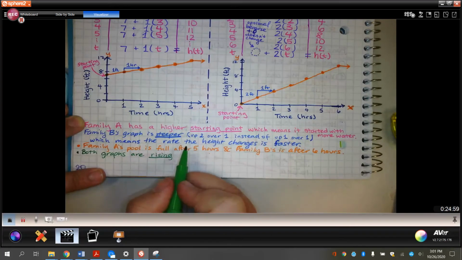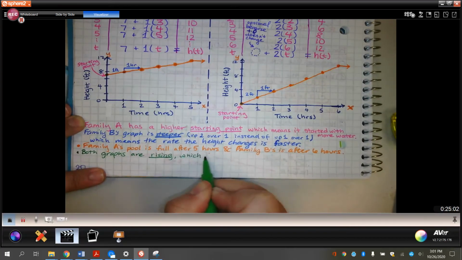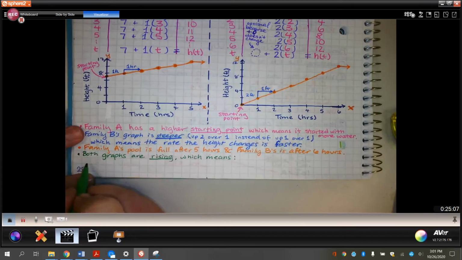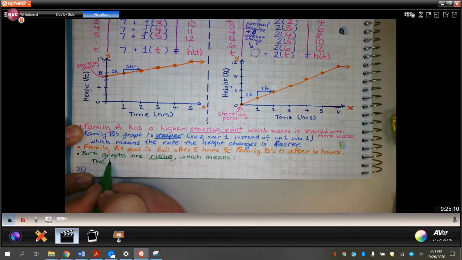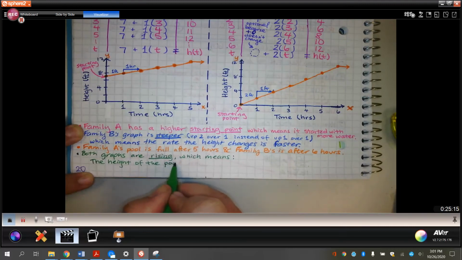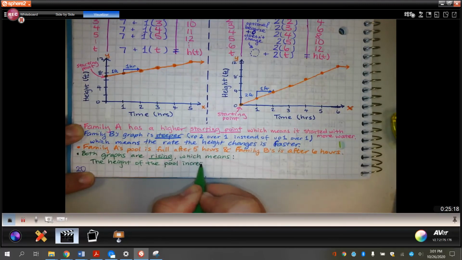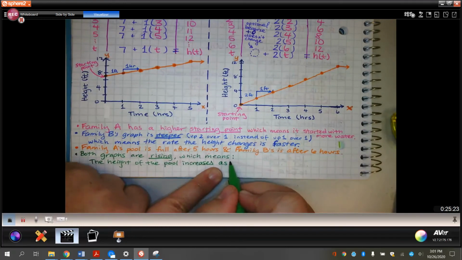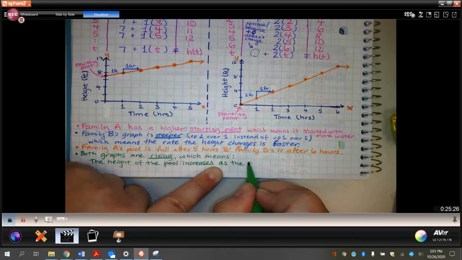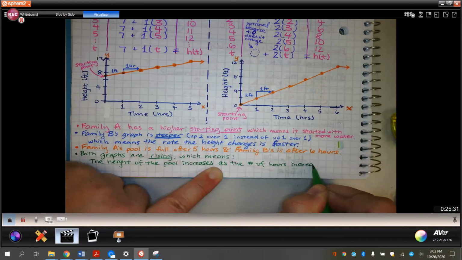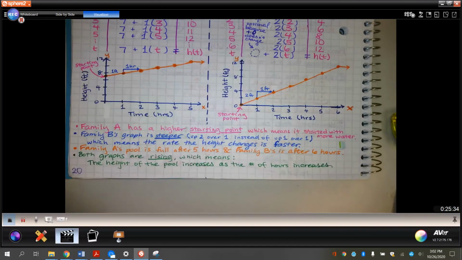which means the height of the pool increases as the number of hours increases. So I took that sentence frame from way up top and used that because here we have